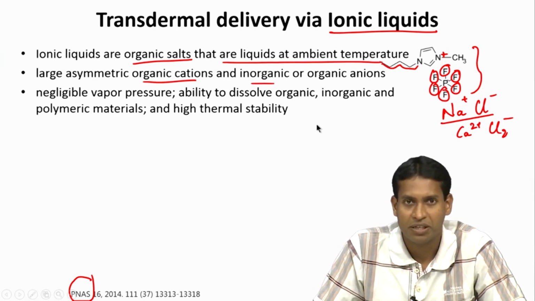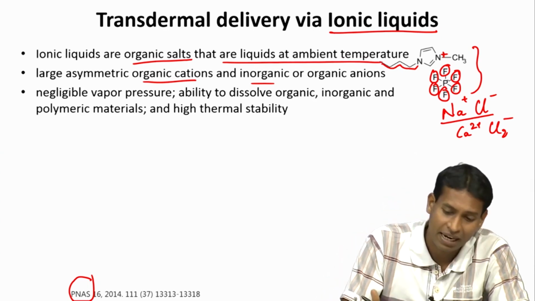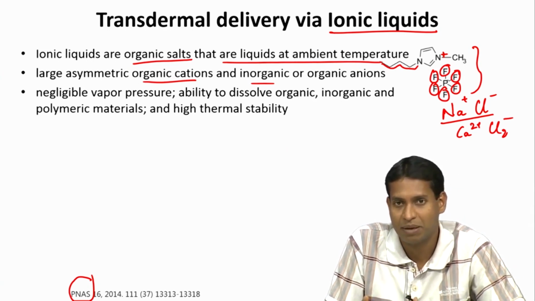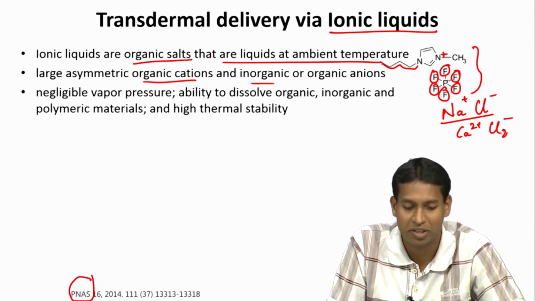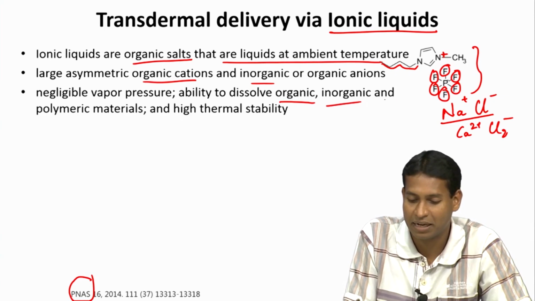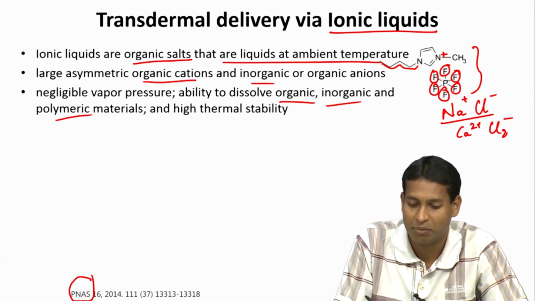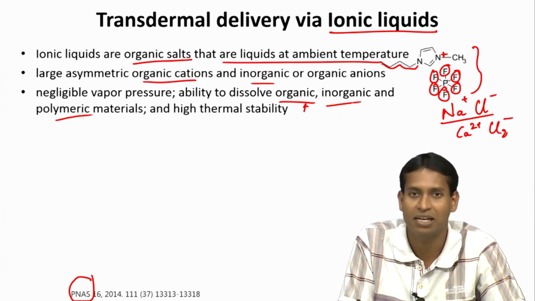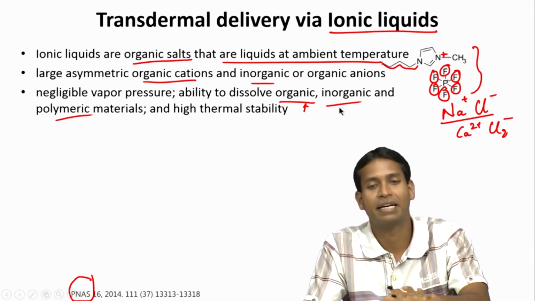And they have negligible vapor pressure, so they do not really evaporate, but they have a very high ability to dissolve organic, inorganic and polymeric materials, plus they are actually very stable at high temperatures. I mean, most of these salts are not really very stable at high temperature, but some of these organic salts are very stable at high temperature, and not only that, they can actually dissolve organic, inorganic and polymeric materials, which is what you will find in the skin layer, right. We talked about having a high lipid mortar layer, then we have cell cytoplasm and some fluid around as well. So, all of that is something that these ionic liquids can handle,